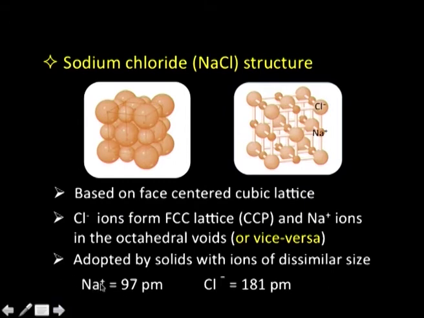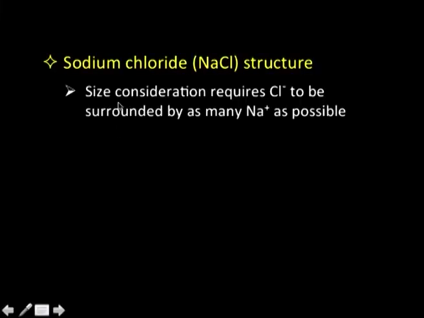We see that sodium ion is about 97 picometers, whereas chloride ions are about 181 picometers. The size difference is fairly large. Okay, let us move further and see that in case of sodium chloride structure, size consideration requires that chloride ions be surrounded by as many sodium ions as possible, because that is what